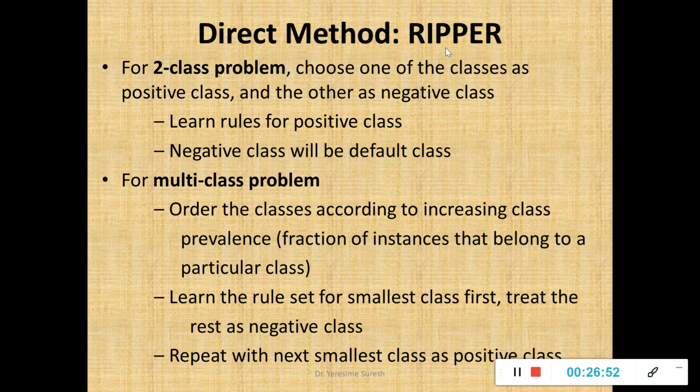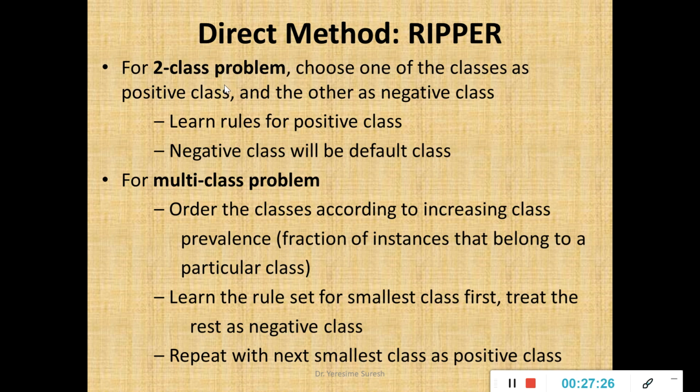In your previous session we have covered your sequential covering algorithm, which uses learn one rule function, which covers more positive instances and 0 or few negative instances. Fine, that was your direct method approach. In the second algorithm of direct method we have the Ripper algorithm based on the name of the scientist, and then we will discuss the indirect method and then conclude your second major category of classification model, that is your rule based classifier. Fine, so we'll discuss the direct method, the Ripper method.